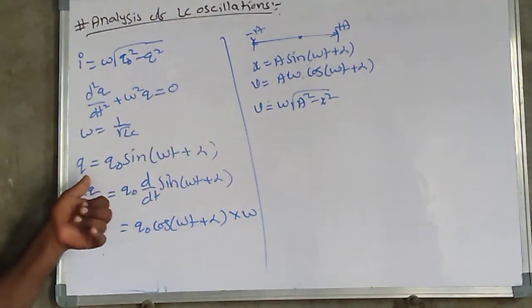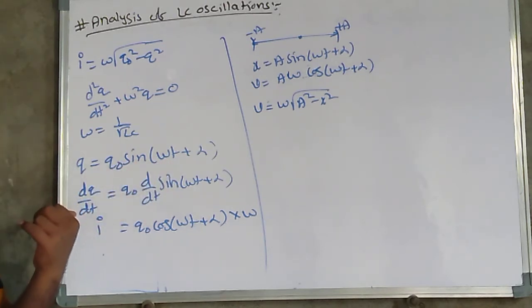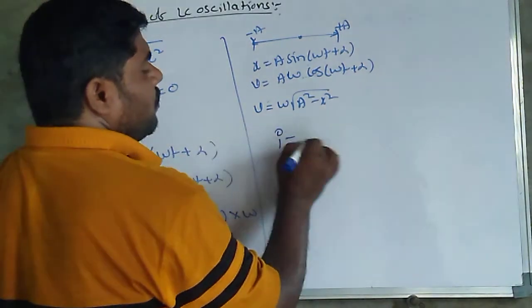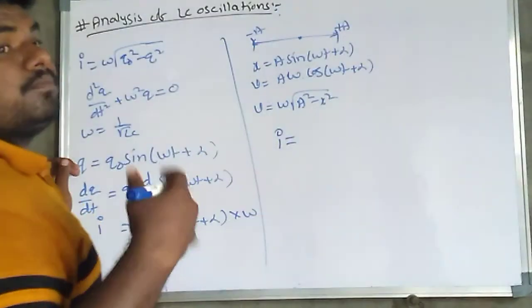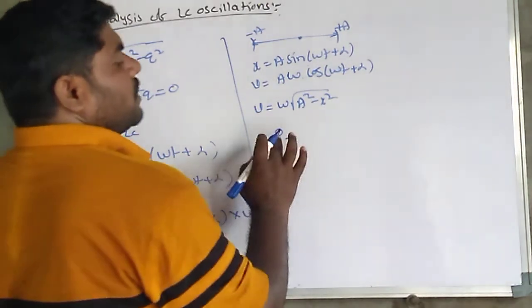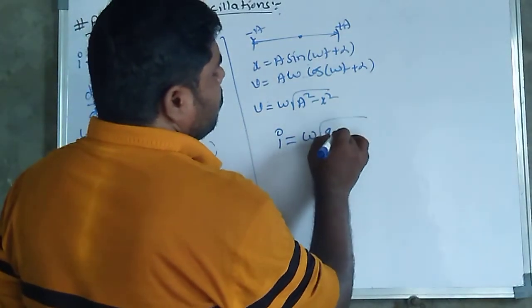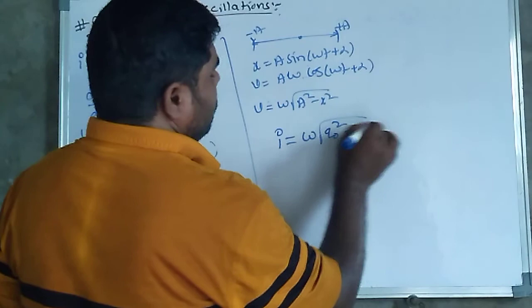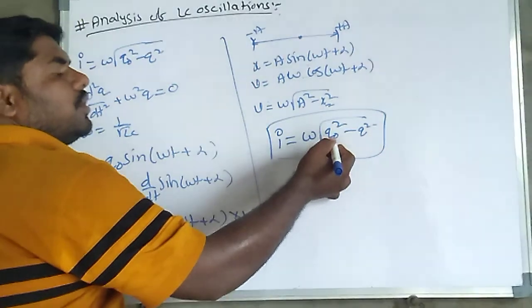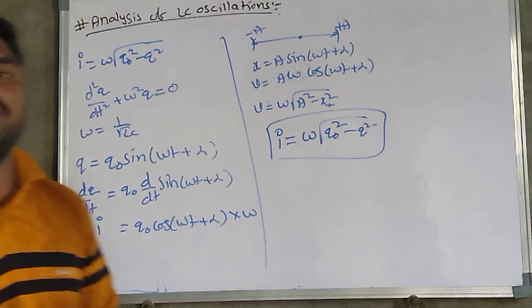A square minus x square, we already know. So compare this: x is nothing but q, q is equal to q naught sine omega t. Here I is nothing but velocity. That's why in this situation, I am going to write I is nothing but velocity. Here the current is moving in that LC circuit. That's why current is in motion. So velocity I is equal to omega into under root of q naught, the amplitude, squared minus q square. Here x is a variable, q is also a variable. Here a is a constant amplitude, and q naught is also constant. So comparing these two equations, you will get this.